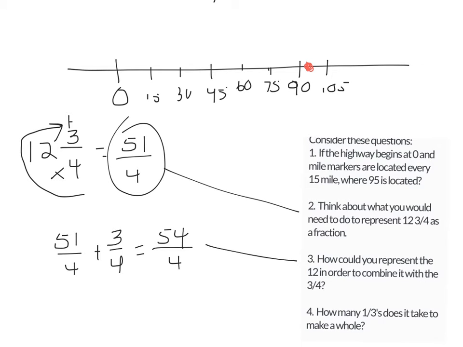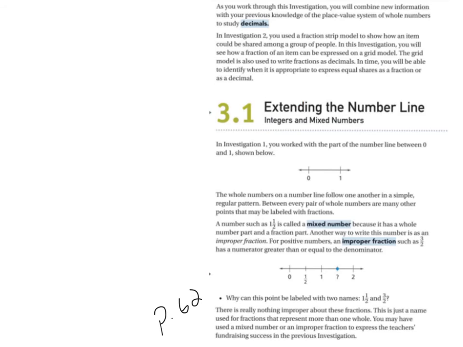Last question. How many thirds make up a whole? Well, if you think about a whole, 0 and 1, and you divide this into 3 parts, we would have 1/3, 2/3, 3/3. So that's a little math background for you to get you ready for 3.1, the next lesson. So on page 62 of your book,